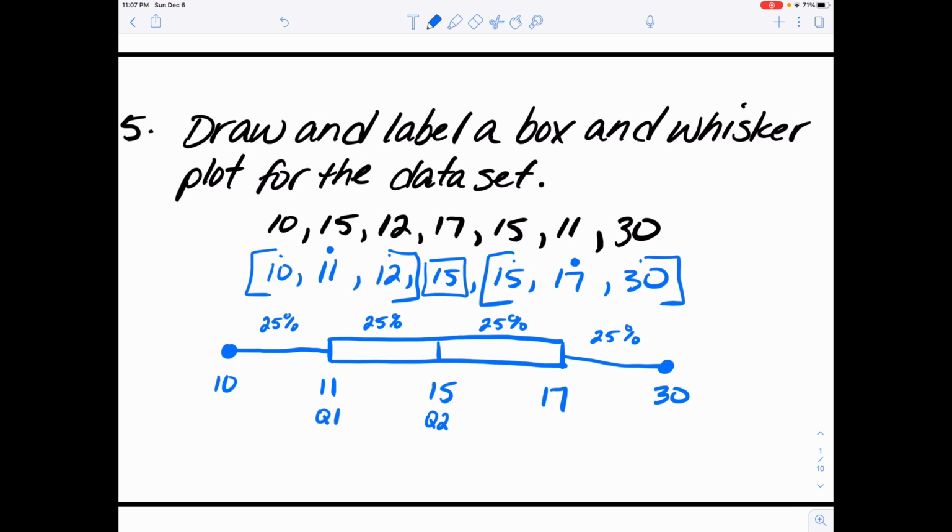The 17, the median of the top half, represents quartile 3. And sometimes they'll label the 30, the maximum value, as Q4, quartile 4. But basically what we've got here is 4 different quarters of data represented by a box and whisker